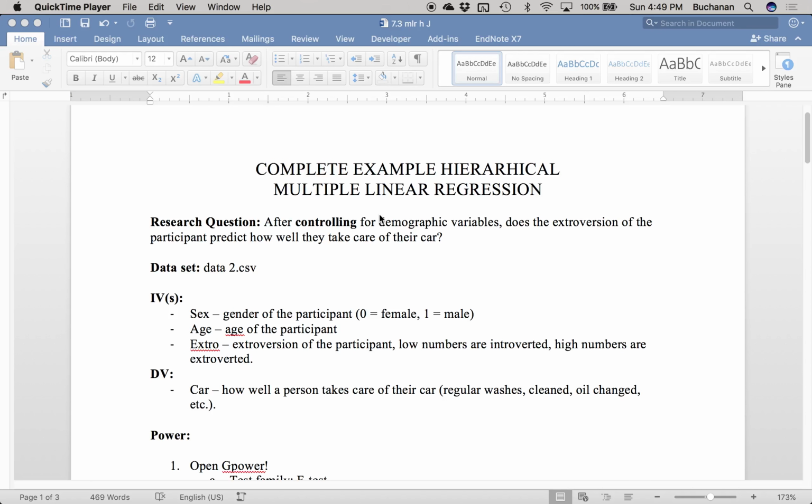Hey guys, let's do multiple linear regression part 2. So this time we're going to do hierarchical regression. And so what we're going to do is take everything we did in that last regression video, including the brand new fancy data screening procedures, and now do our regression analysis in steps. The really nice thing about hierarchical regression is that it's sort of like step 1, step 2, step 3. Now, that being said, JASP doesn't quite have this function, so we're going to kind of fake it till we make it,